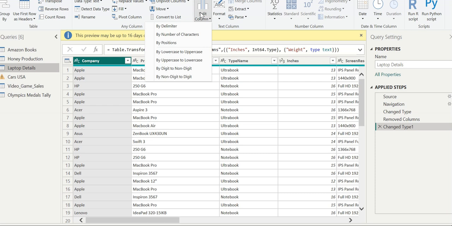Let's just select the delimiter option, since we wish to separate using the space character, and then we need to specify how the splits need to occur. There are a number of ways by which the split can occur: by lowercase, by delimiter, by number of characters, but we will select by delimiter because this is the only kind of transformation we really require.